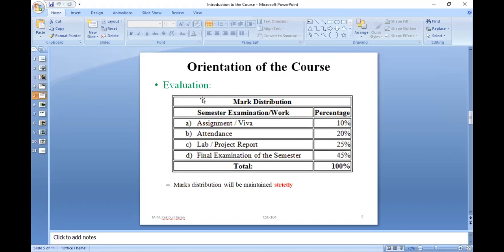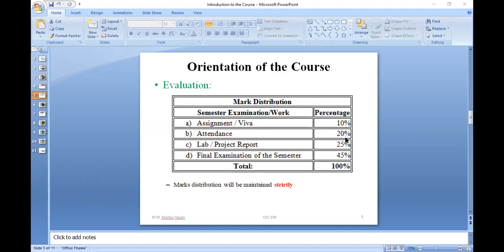Now the course evaluation process. So how I'm going to evaluate you guys. This one is different from the CSE 103. Here you can see 10% mark I'm going to count on your assignment and viva.